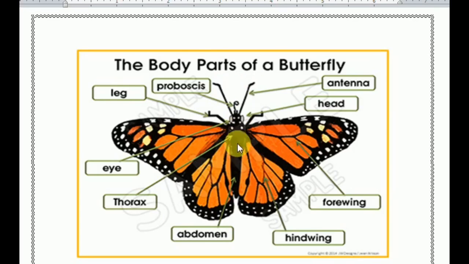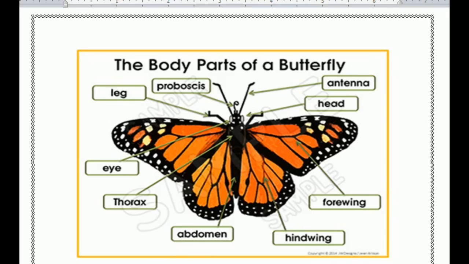This is the middle part, thorax. The middle part of an insect's body is called thorax, and the legs and wings are attached to the thorax. 6 legs, it is not visible properly, but 6 legs are there, and these 2 sets of wings are also attached to the thorax. All insects have 6 legs. And this is the abdomen. The abdomen is at the end of the insect's body.